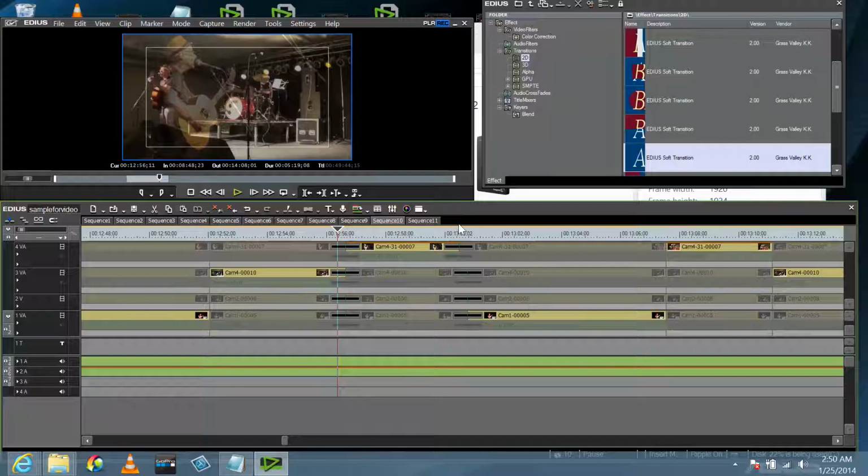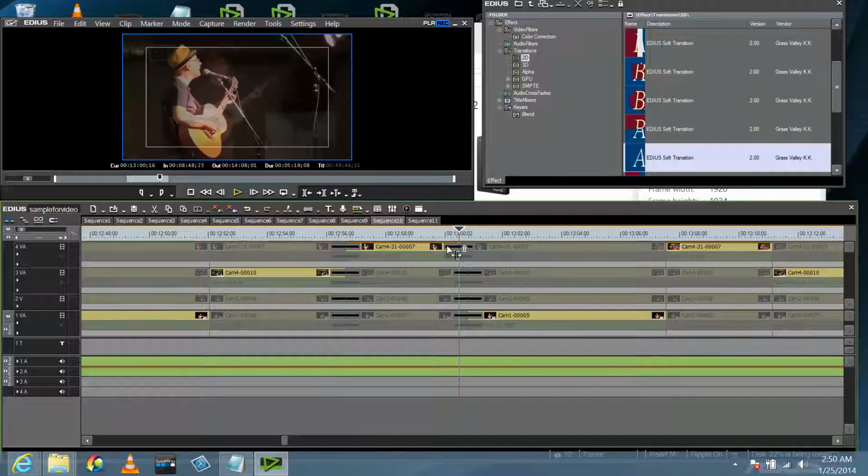Now, also the transitions that happen, they go back and they use part of the out point and part of the in point. So the center part of that transition is where your cut point is. With Media100, it's from the cut point forward usually. You usually drag out the other video, whatever the other video is. You drag it underneath